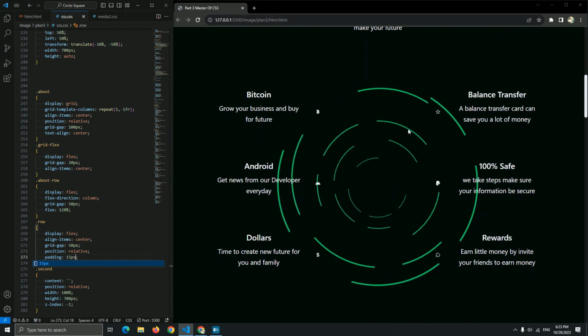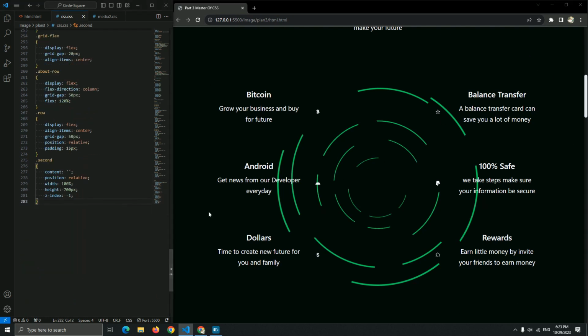Yep, as you can see right now, we fixed and created this about page. This is a row, and this is the about row for these 3 boxes, and this is a grid flex with this image in the center.